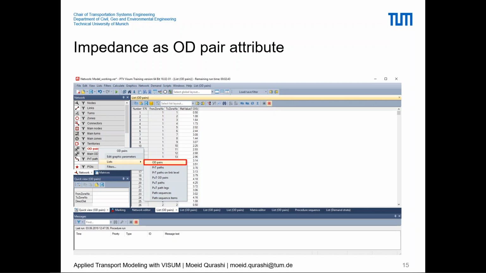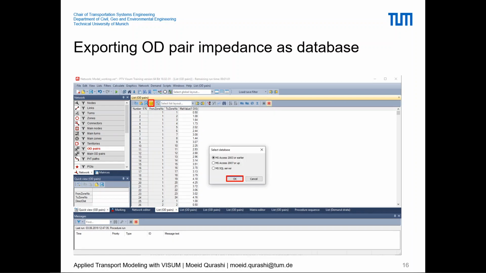So here you can see, for all the zones, what the values from those scheme matrices are. And here what we'll do is try to export this into an Access database. So selecting this yellow icon from the bar, clicking on it, and then exporting as MS Access 2003 or earlier,